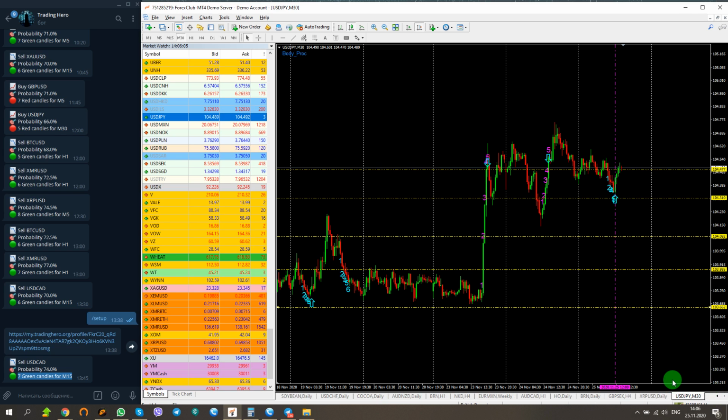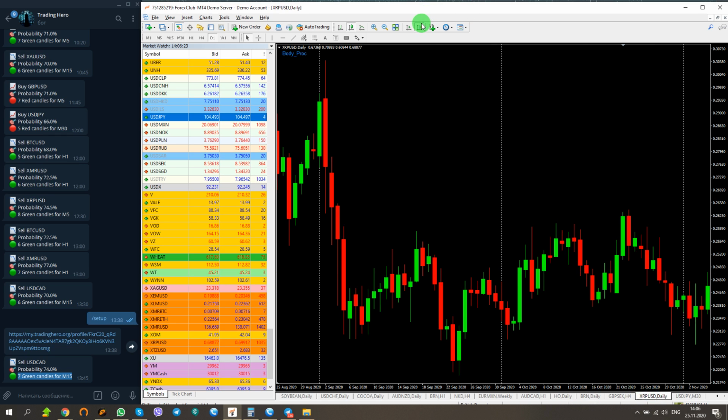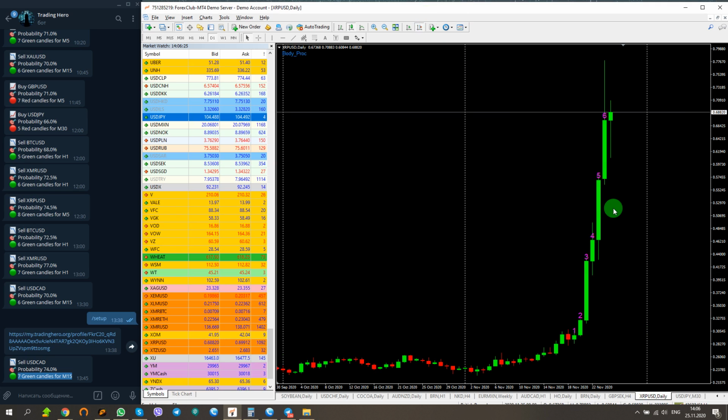Let me show some signals that were given by this robot last week. Some of them are still in the market, some of them were already closed, and then I'll show you how to find the same deals on NASDAQ, because I think NASDAQ is the most popular instrument among all traders, so it makes sense to track it more carefully. For example, let's look at Ripple USD. It has grown more than 60% in a week,